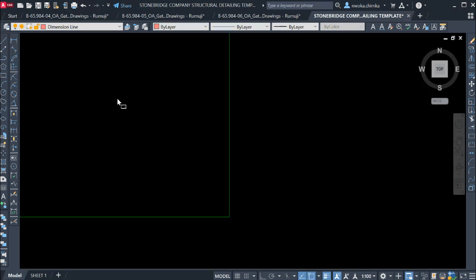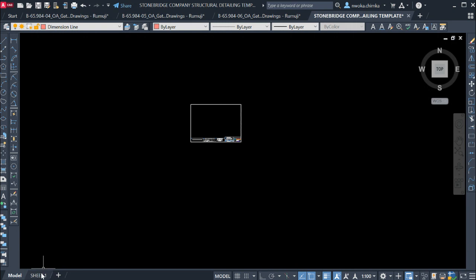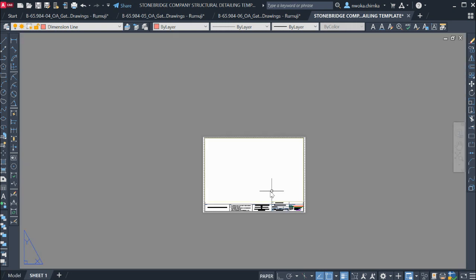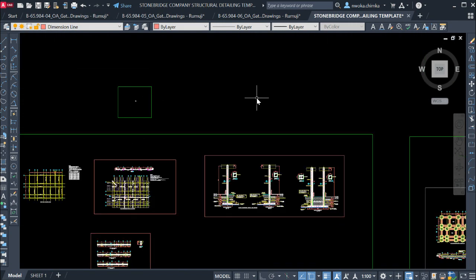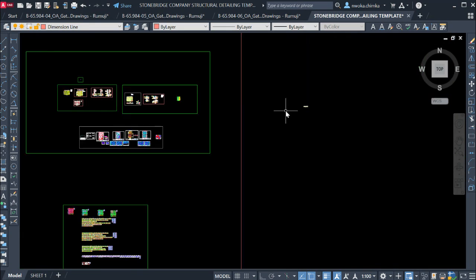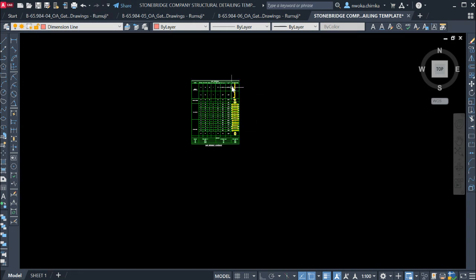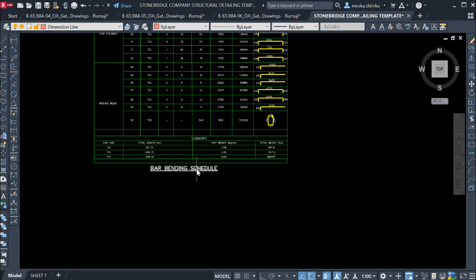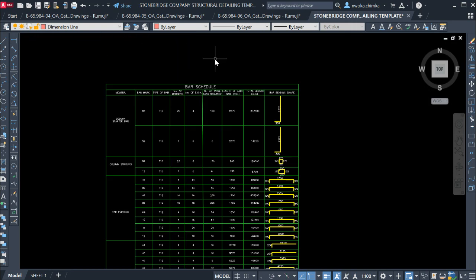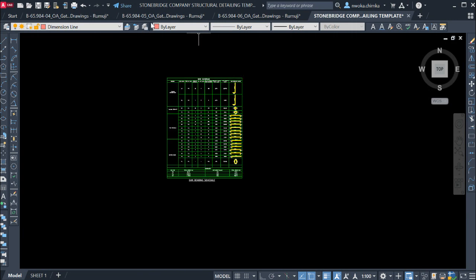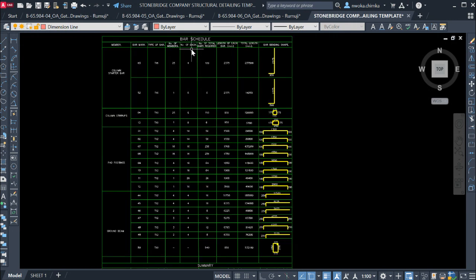And this is also the template where you can put your drawings when you're done. And if you also check in the sheet here, you also see that same thing here. You can see it here. Okay, so right now let's begin what we are here for today, which is the bar bending schedule. This has been an issue in the body of civil and structural engineers. Most people find it difficult to prepare a bar bending schedule for a full structural detailing job or work. But here in Ekidel, using Stonebridge company template, I will show you how to prepare this bar bending schedule